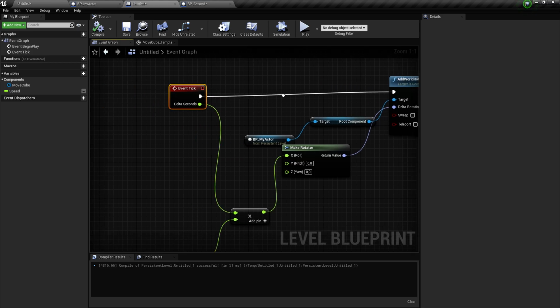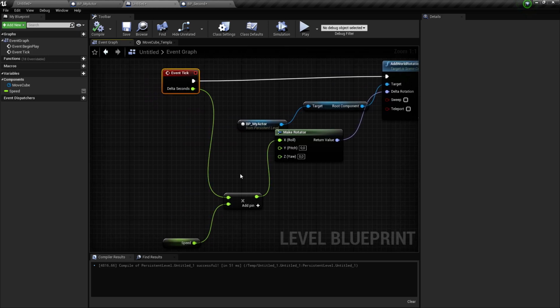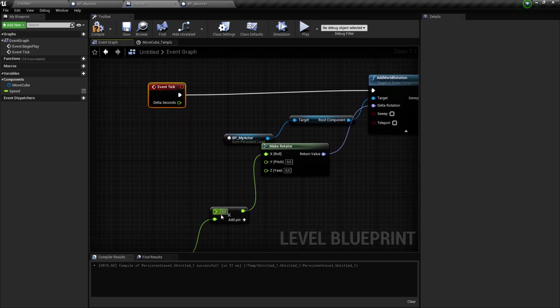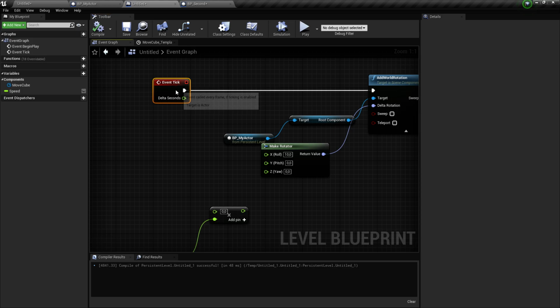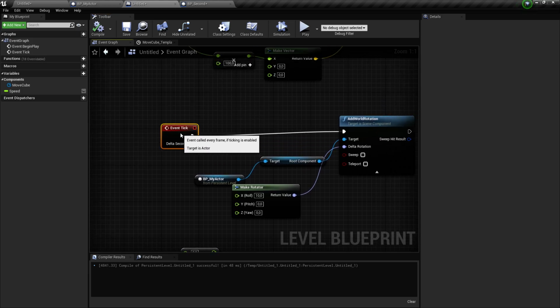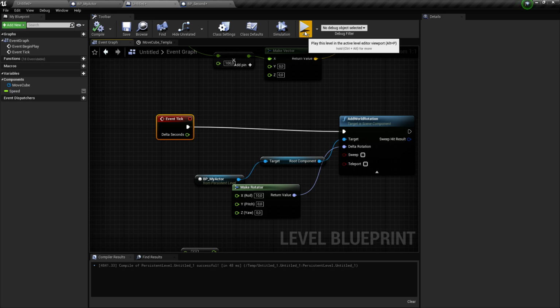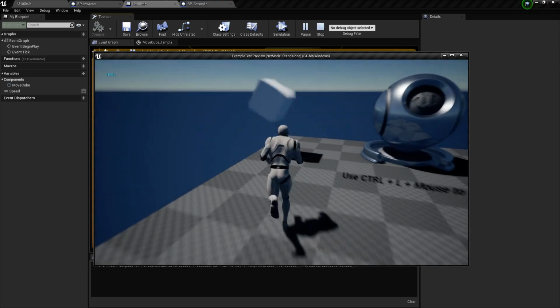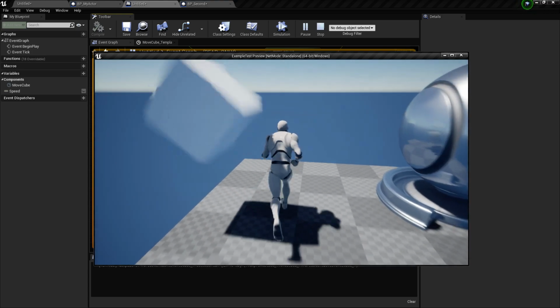This is a good practice to use if I use delta time. But if I'm not using delta time, I'm just going to have a random value, because tick is based on your computer performance. So if you have a performant computer, it's going to rotate really, really fast, as you can see here.